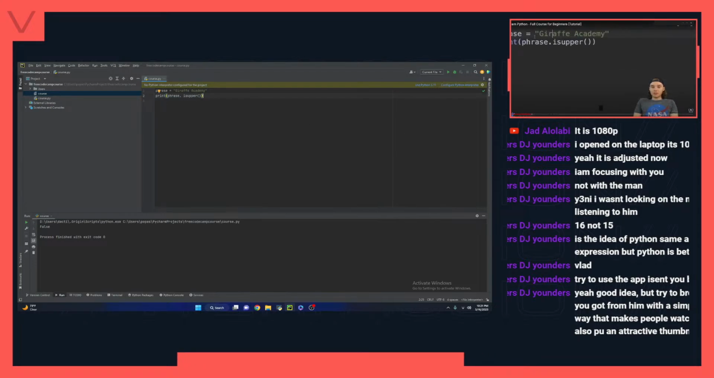I can also use these functions in combination with each other. So for example, I could say phrase.upper, and then parentheses, and then after this I could say dot upper